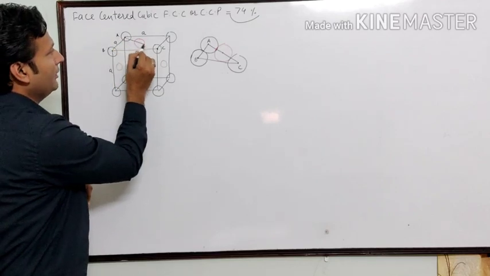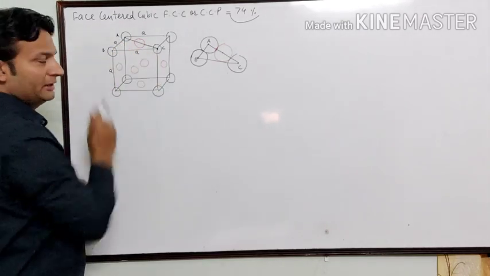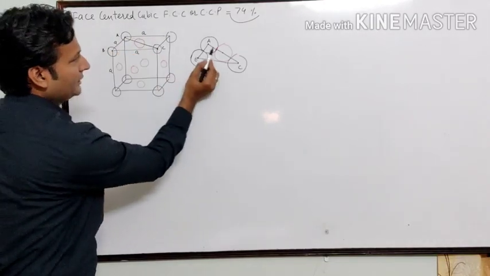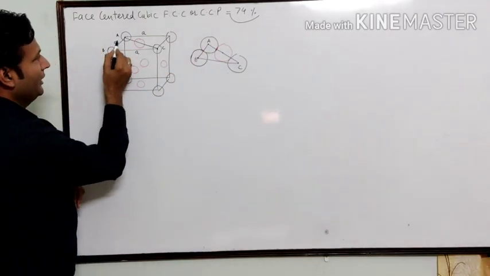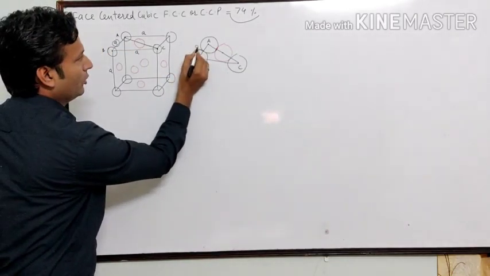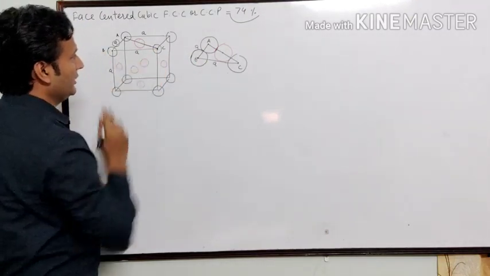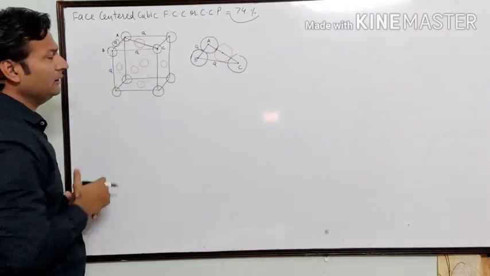Now I can draw a triangle from A to B and C. That is triangle ABC. अगर आप ट्राइंगल ABC को यहां से देखते हैं तो ये बिल्कुल एक दूसरे से टच है. What is A to B? A to B is edge length A. Okay. Now what is B to C? B to C is also edge length A. But what is A to C? A to C is not given in the diagram.